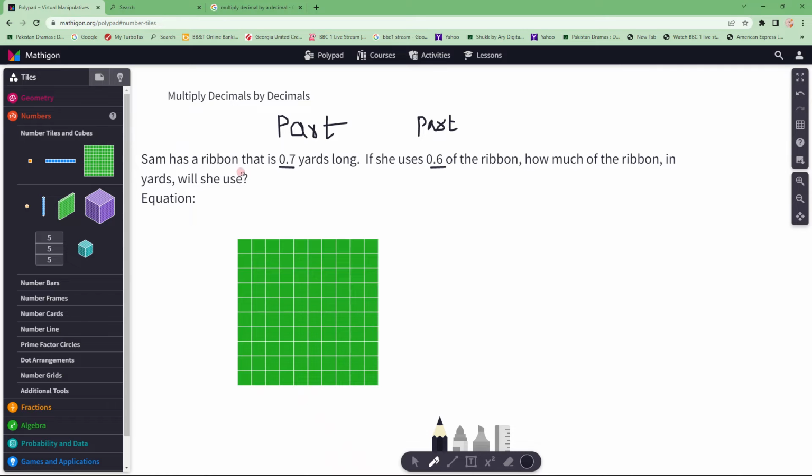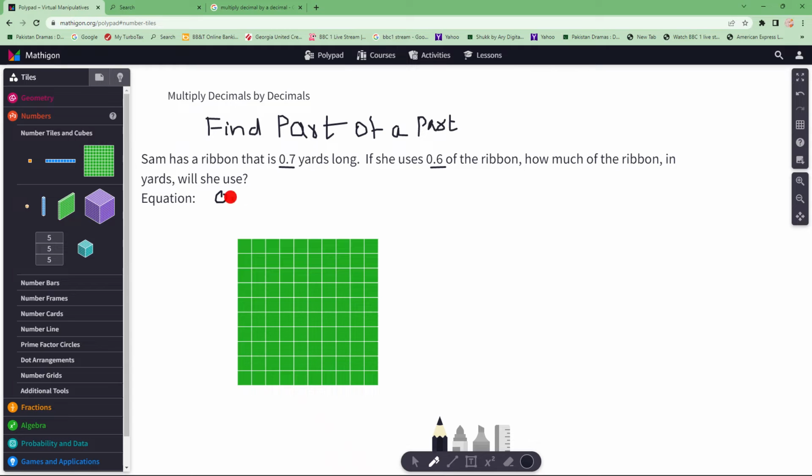She uses only 6/10 of the 7/10 yard, right? So we're trying to find out how much of this ribbon yard she will use. So we're trying to find part of a part, right? We're trying to find part of a part, okay? So when I'm trying to find part of a part, my expression will be: